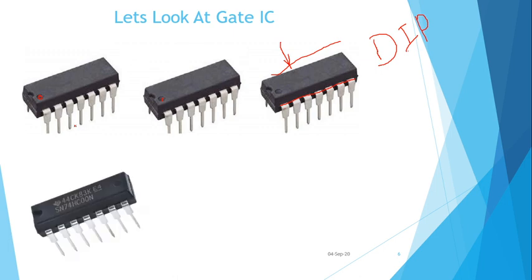Now this is another image of an IC. Why I have taken this IC is because here this number is very important. So what does it say? SN74HC00N. Every part of it, the SN, the HC and the N, has its own meaning. Right now we are not going to see what that means. We are just interested in this number, 7400.